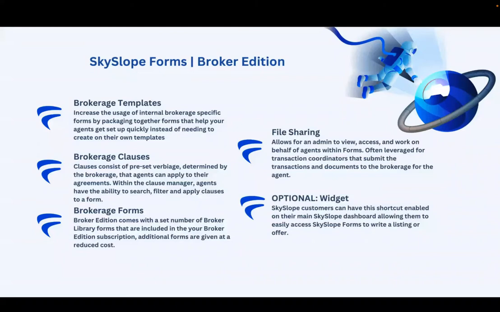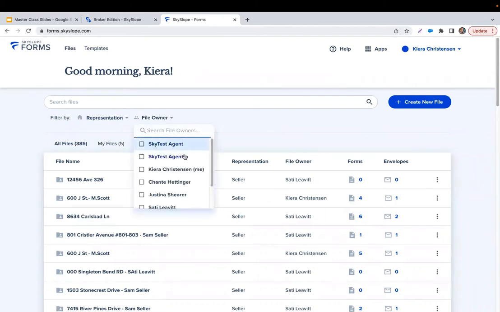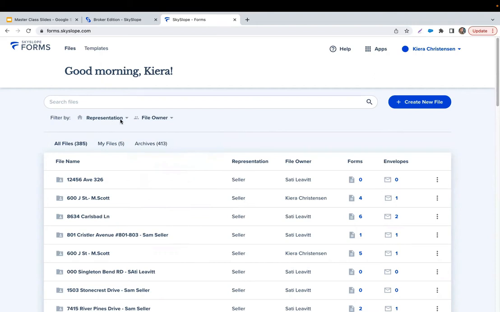All right, guys, so here in my demo account, you can see that my page has a few extra filter options. Now that is going to come with that Teams access or that TC access. I have the ability now to filter by file owner. I myself can select and send out business. And I also have the ability to filter by representation. So this is going to be a great addition so you can easily take a look at the different files